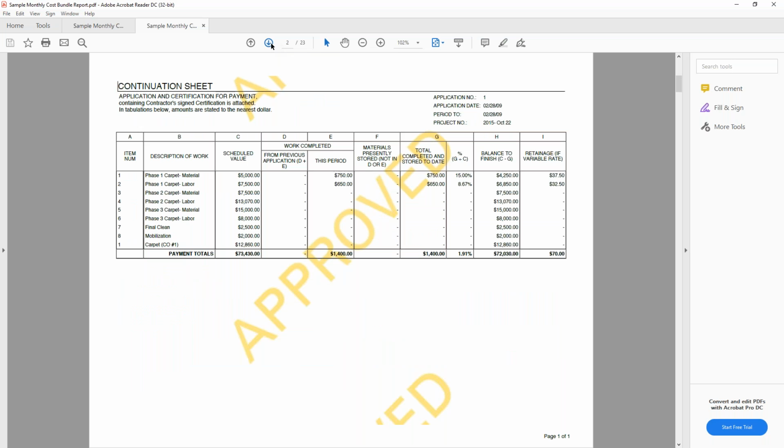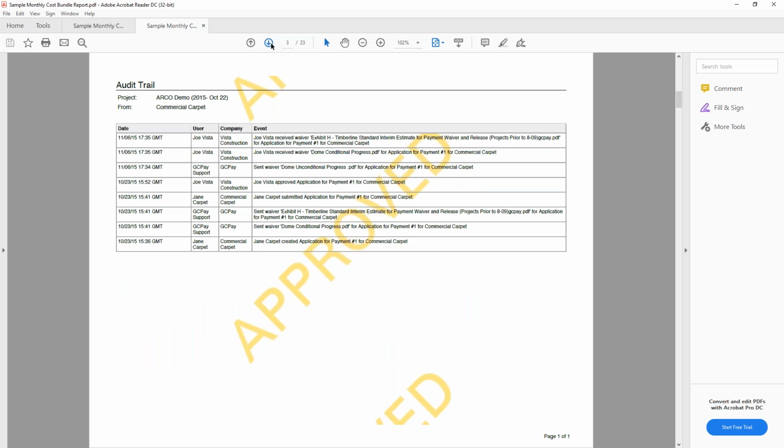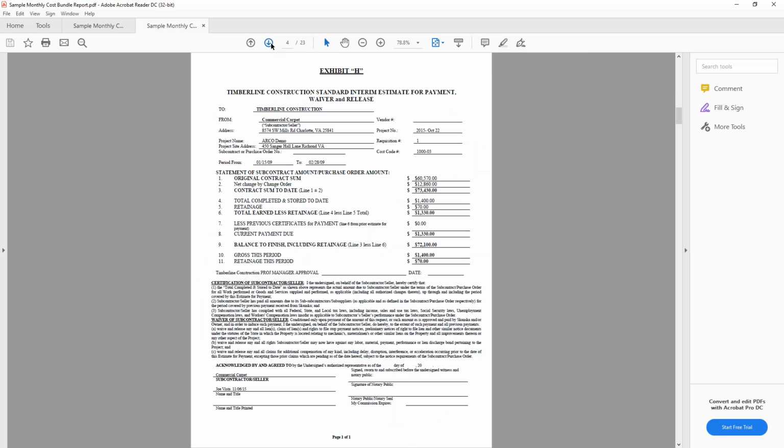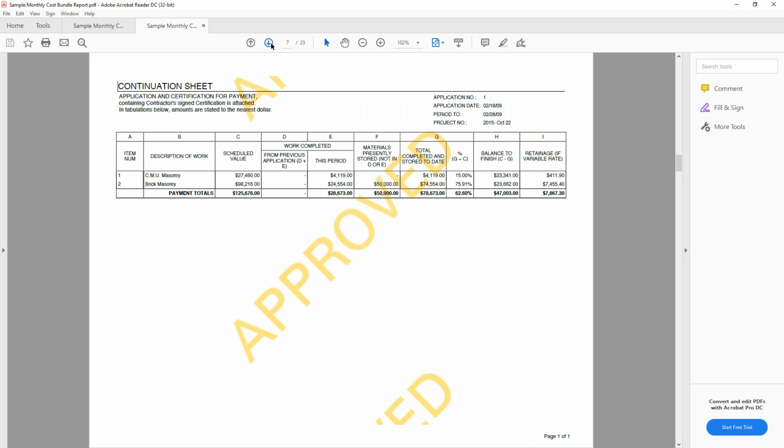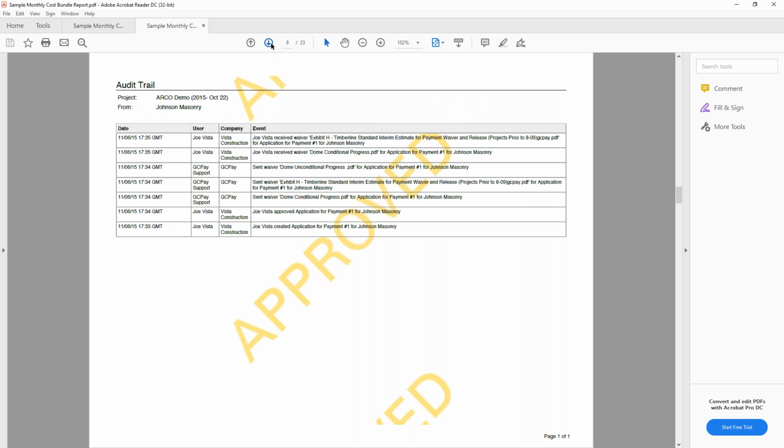We can see the details on that invoice on the second sheet, followed by the audit trail, as well as a particular waiver. We can see that the sixth page in this document is our second application for payment, followed by the continuation sheet and another audit trail.